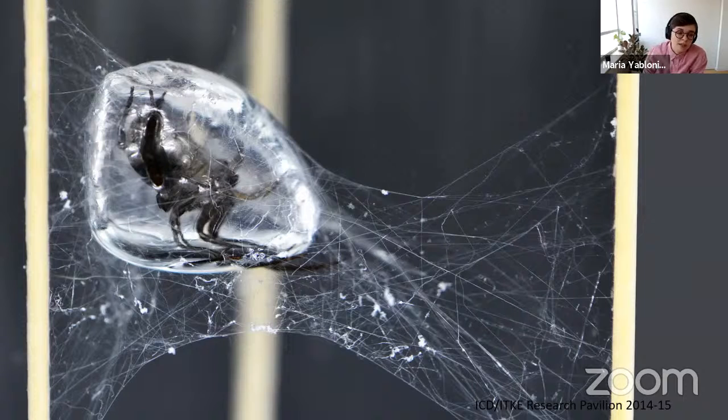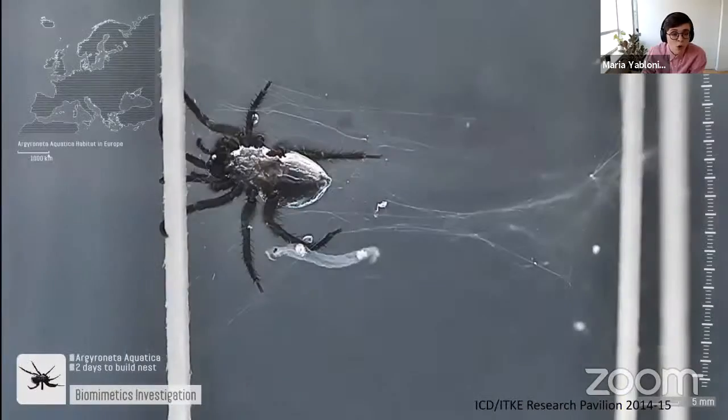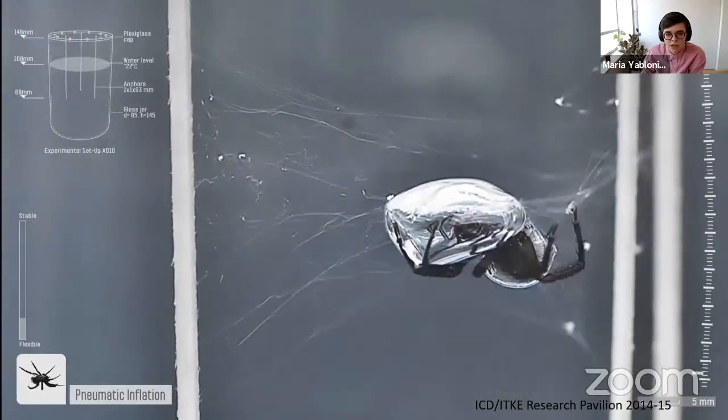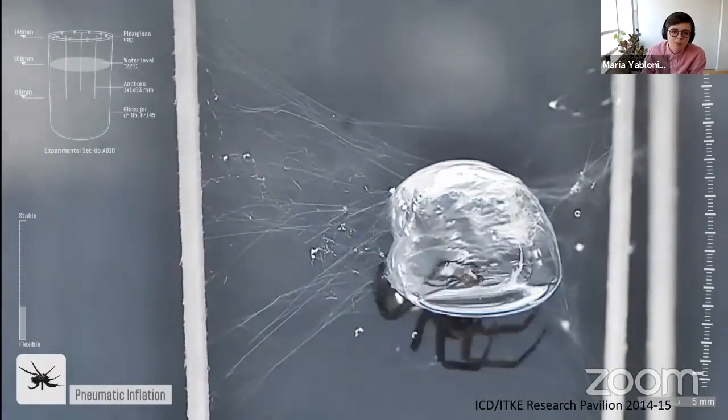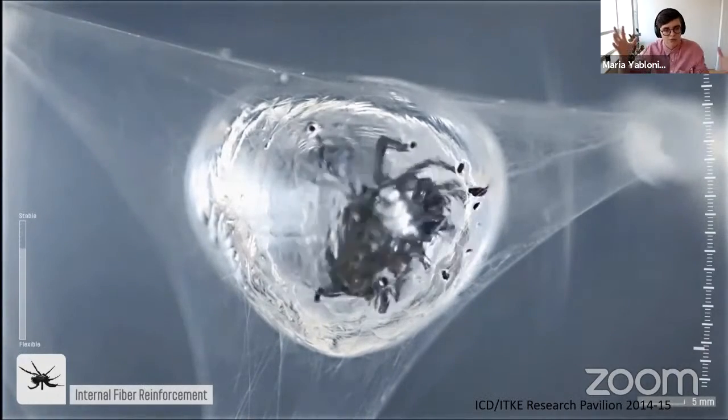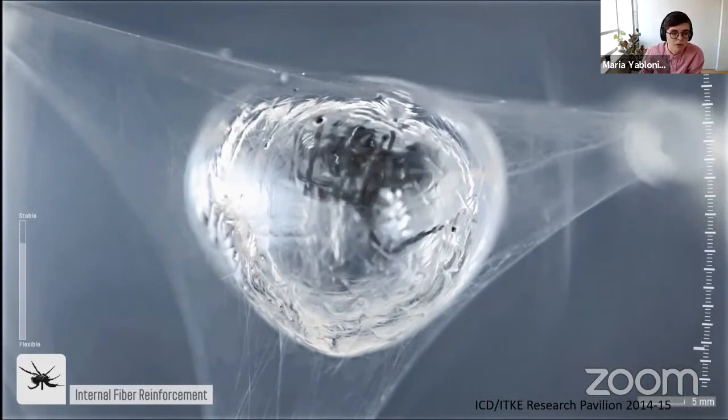The biological role model in this case was a water spider, which is both one of my favorite creatures and probably one of the most ridiculous creatures that I'm aware of. It's a spider that lives underwater. It's a horrible swimmer. It's actually pretty funny to watch it swim. I highly recommend checking it out on YouTube. But what's really interesting about this spider is that while it lives underwater, it needs some sort of air space to operate within. So it builds these very intricate